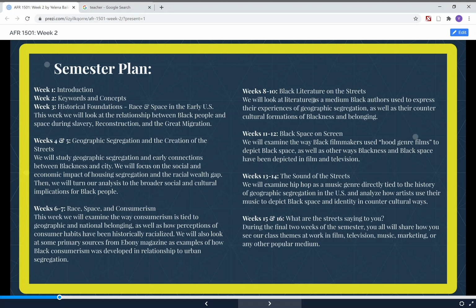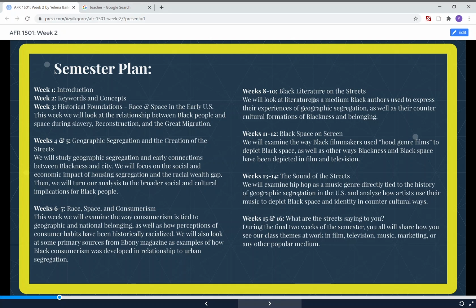So we'll look at hip hop in that realm, and then we'll look at the way artists depict their space, right? Both dealing with some of the issues and the things that they face, as well as the way that they challenge the way that they're being defined by the public, right? Especially in the 90s and in the 2000s when people in the public discourse were talking about urban Black youth as super predators and criminals. Artists use hip hop as a way to challenge that. So we'll look at some of that.